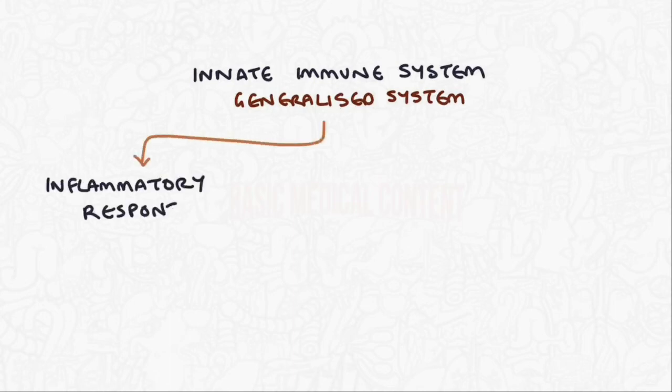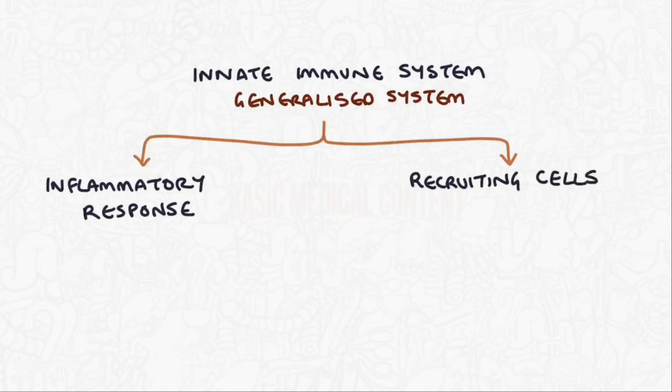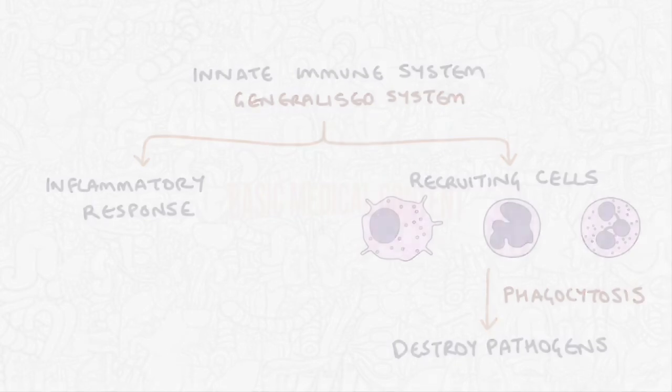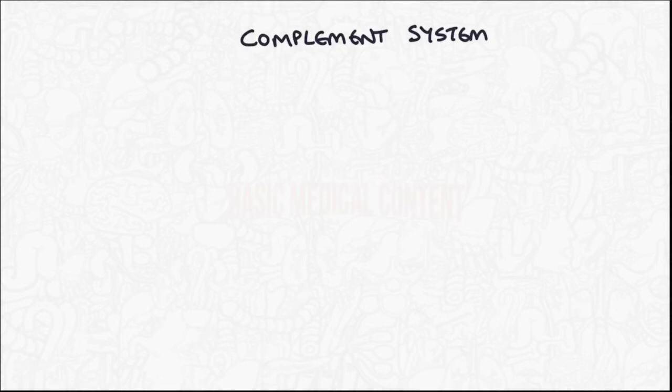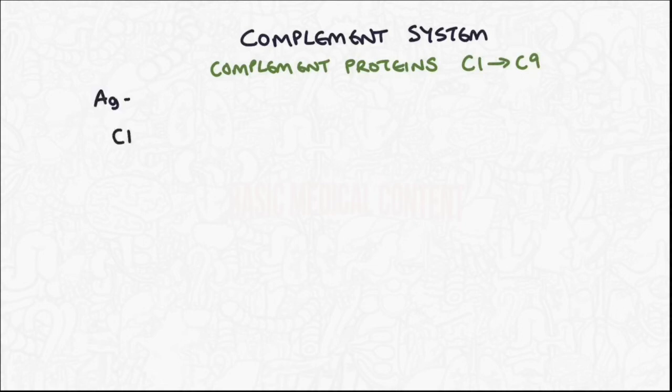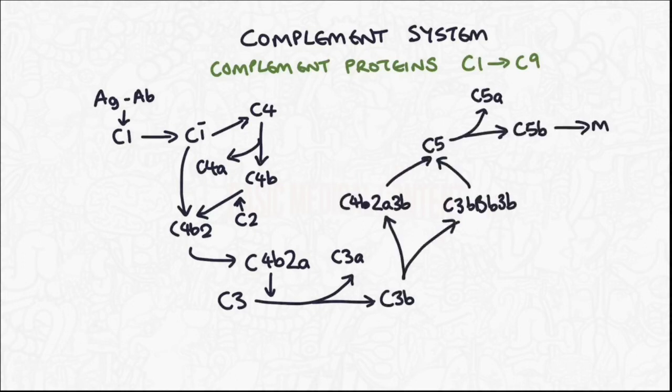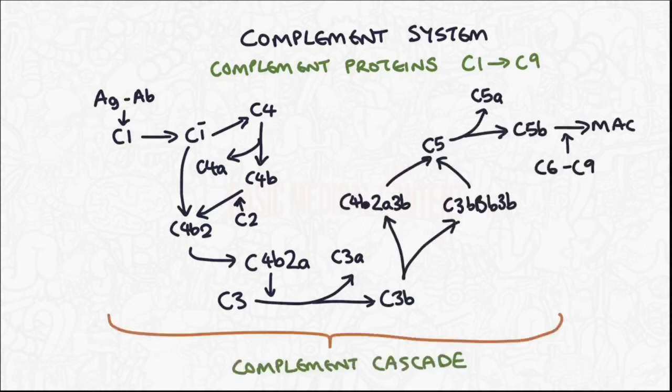Next, let's look briefly at the complement system. The complement system works alongside the innate and the specific immune system to help them destroy pathogens. This involves a series of complement proteins, labeled C1 to C9. Once the complement system is triggered, the proteins start to activate each other in something called the complement cascade. Various products of the complement cascade have important functions such as acting as opsonins, triggering further inflammation, and directly attacking